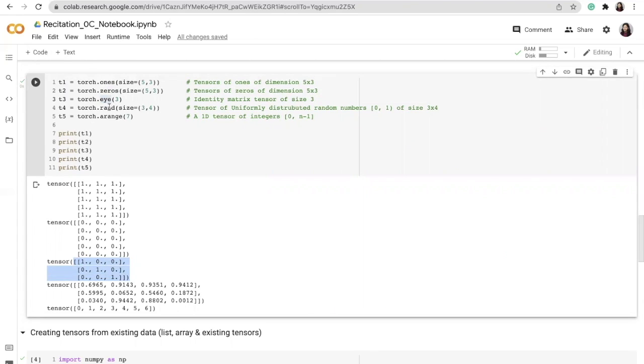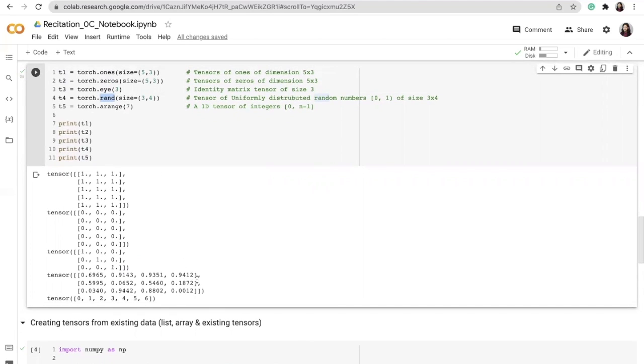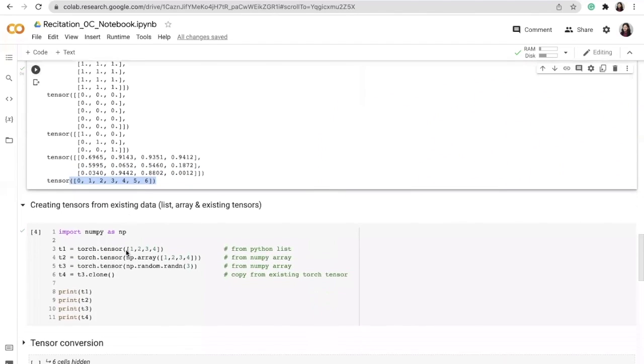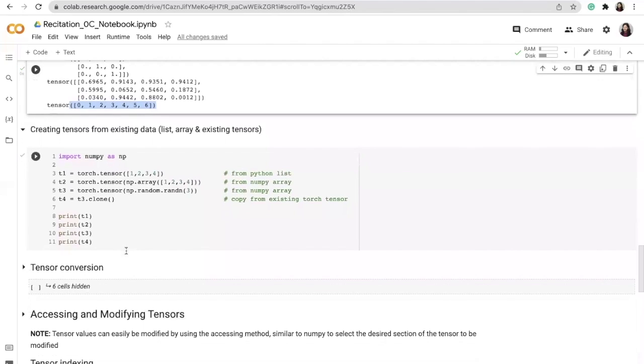And then you can also have a tensor initialized with random values within the range 0 to 1 of size 3 cross 4. And finally, you can have torch.arange. So you can have integers in a predefined range and have your tensor initialized with those values. Now, coming to how to create tensors if you have some other data type.